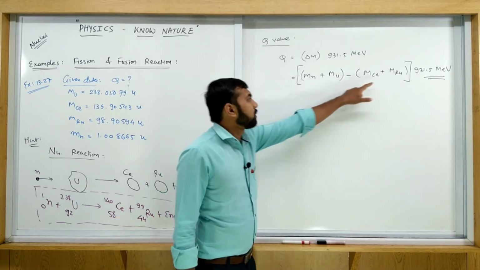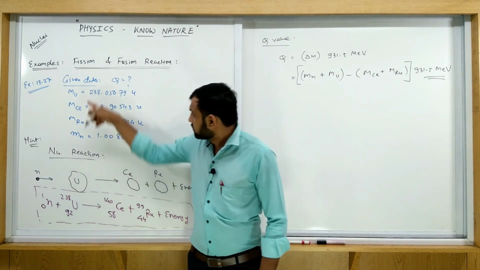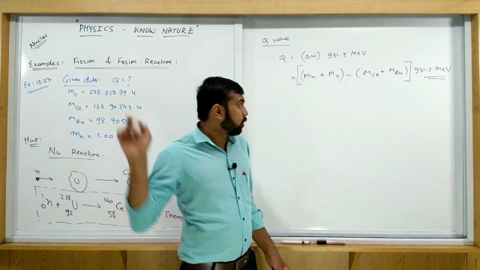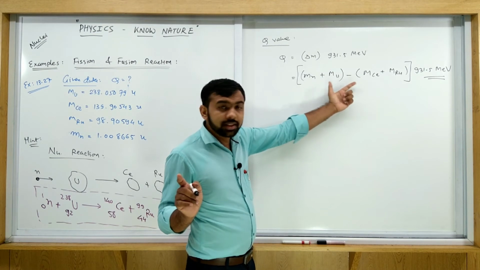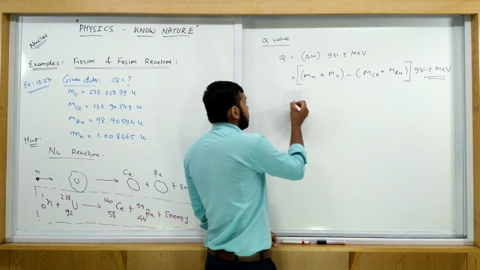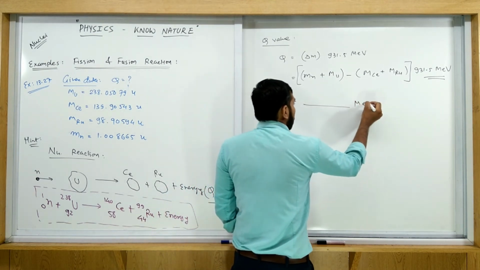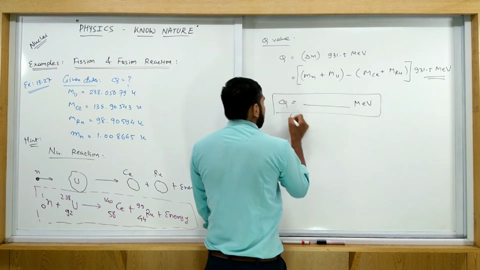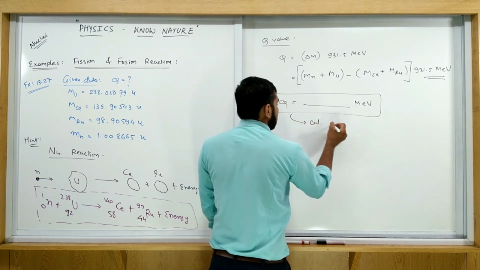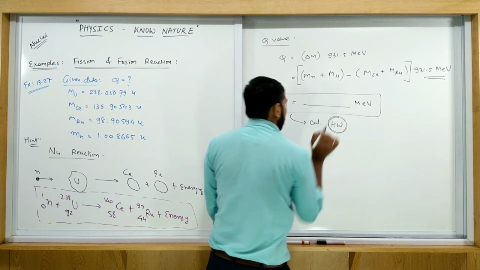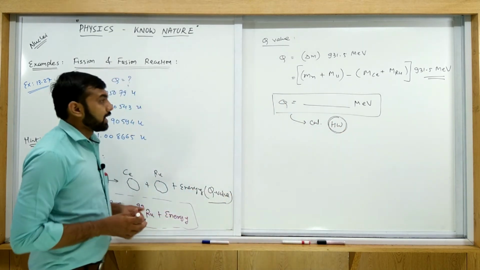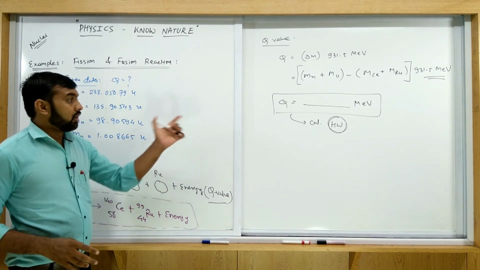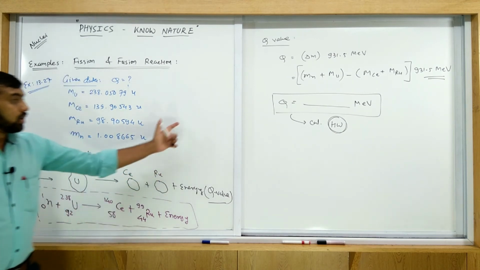Now see, all those masses are given to us. Here all those masses are listed out. All masses are put in this equation. So finally you get some answer for this Q value in terms of MeV. The remaining calculation is homework. So this way we get this answer. All of you note this example in your books with the proper calculation. Okay, note it.